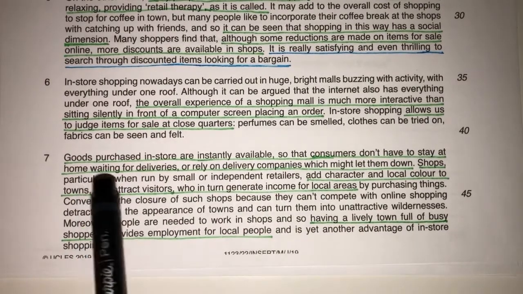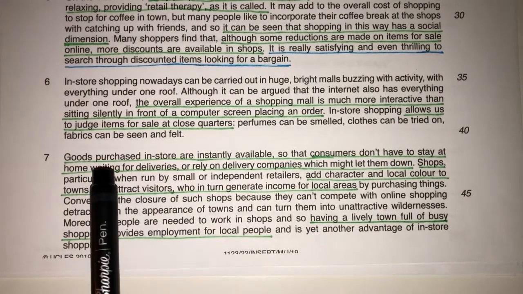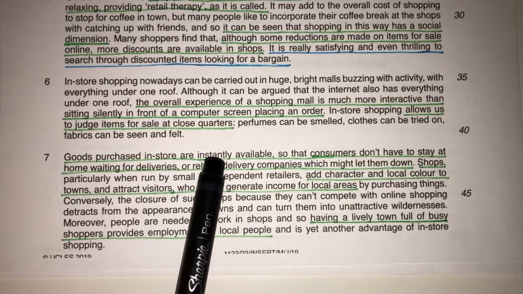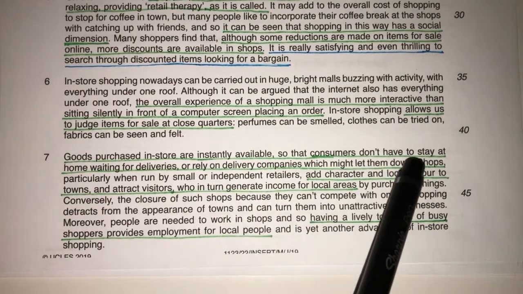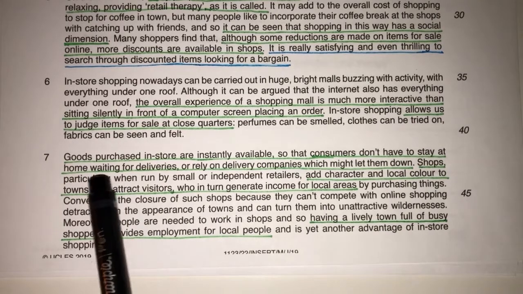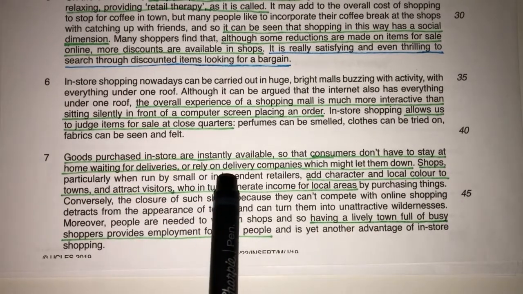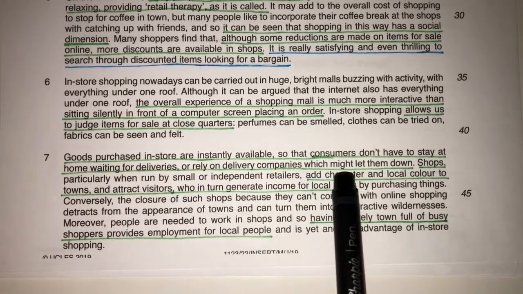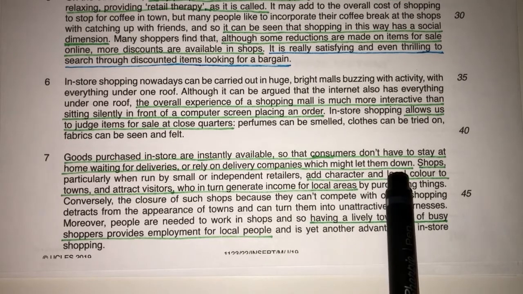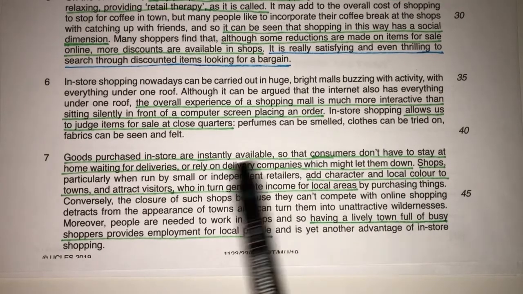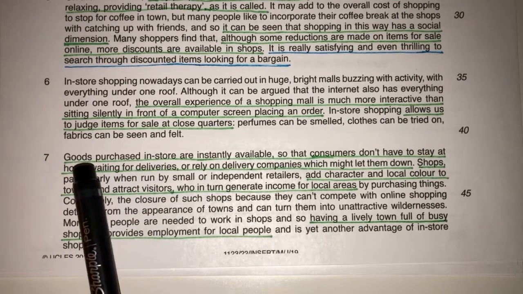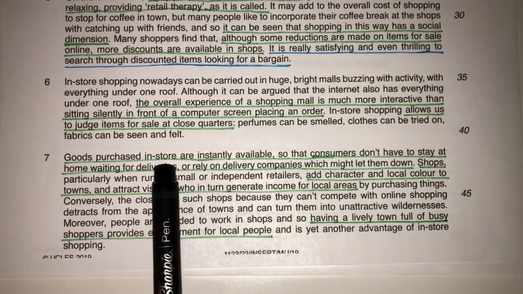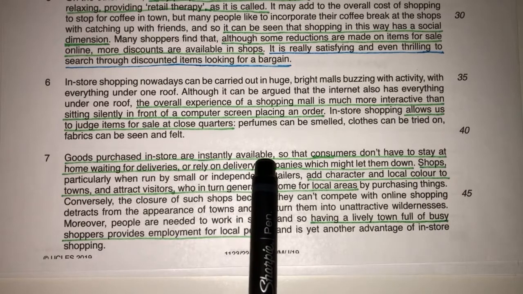Paragraph 7. "Goods purchased in store are instantly available, so that consumers don't have to stay at home waiting for deliveries or rely on delivery companies, which might let them down." Super true. So this sentence here is telling us that when you buy stuff in store, you instantly take them